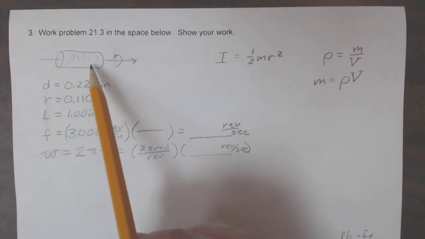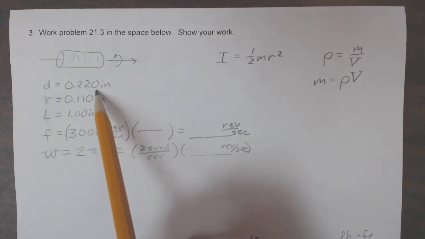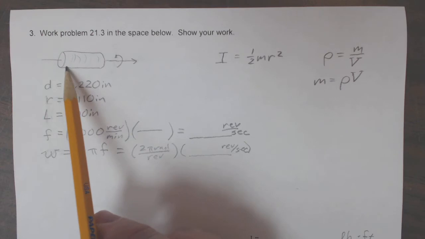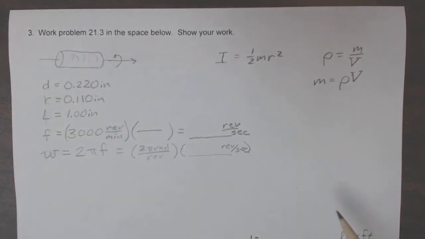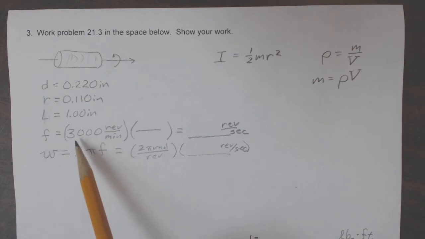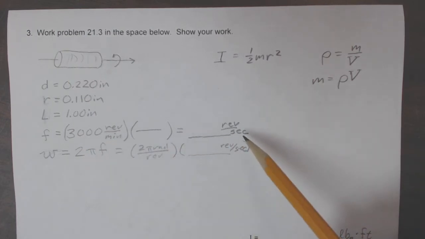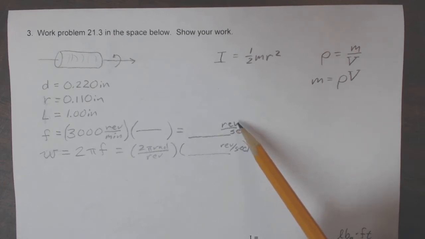We're approximating the bullet as a cylinder of diameter 0.22, making the radius 0.11. The length of that from here to there is 1 inch. The frequency of rotation about that axis is 3,000 revolutions per minute, and of course you'll want to convert that over to MKS, and that means revolutions per